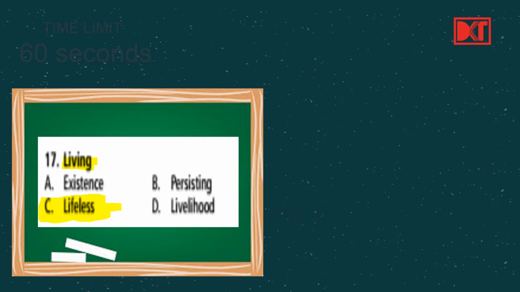As the name suggests, lifeless is one which does not have any life. They're not living anymore. Something or someone has died and is not breathing anymore, has no life left. The other words are living, existence, and persisting. Persisting also refers to someone who's still breathing, still living. And livelihood actually is the difference between life and